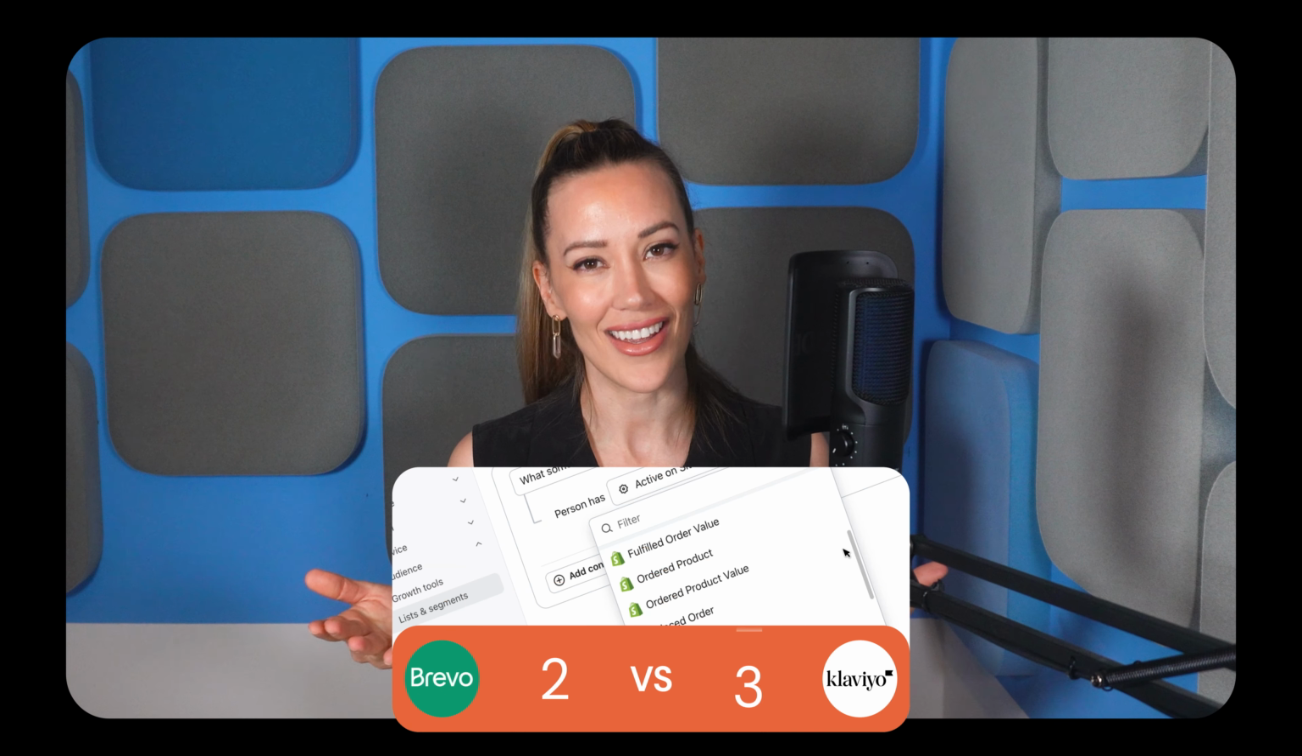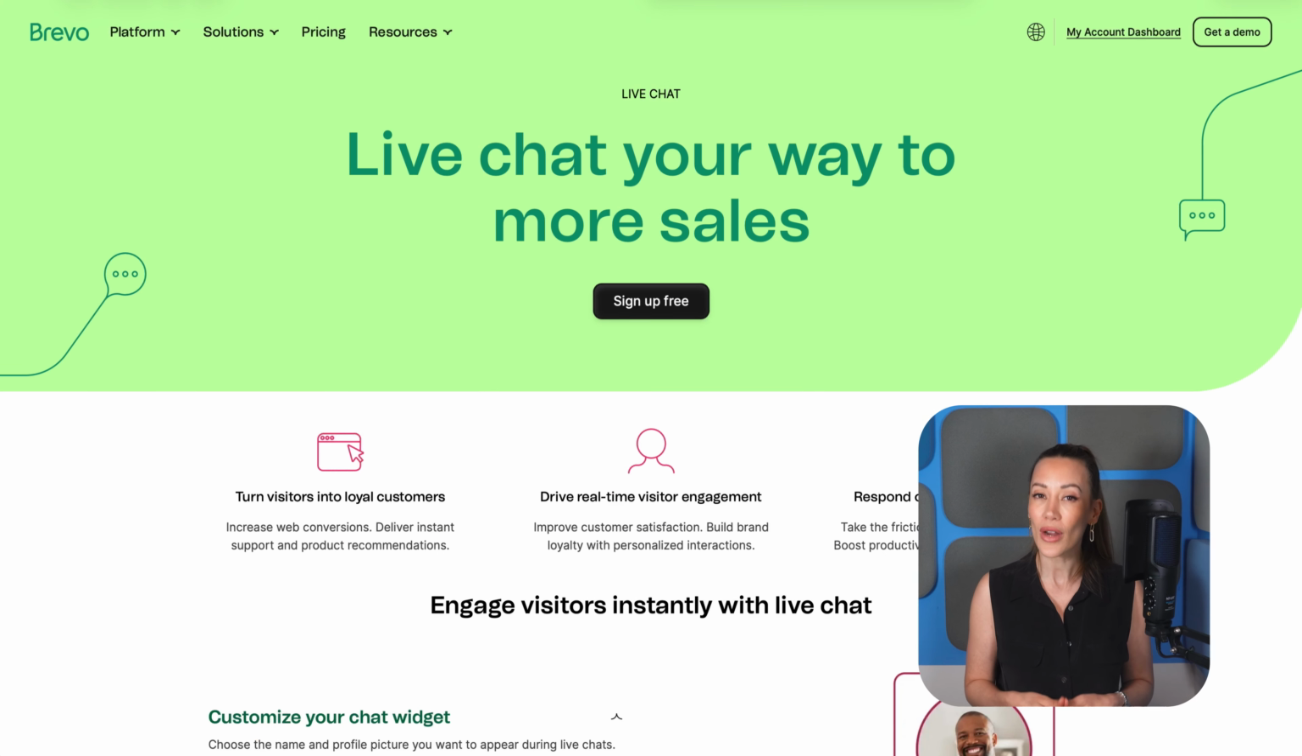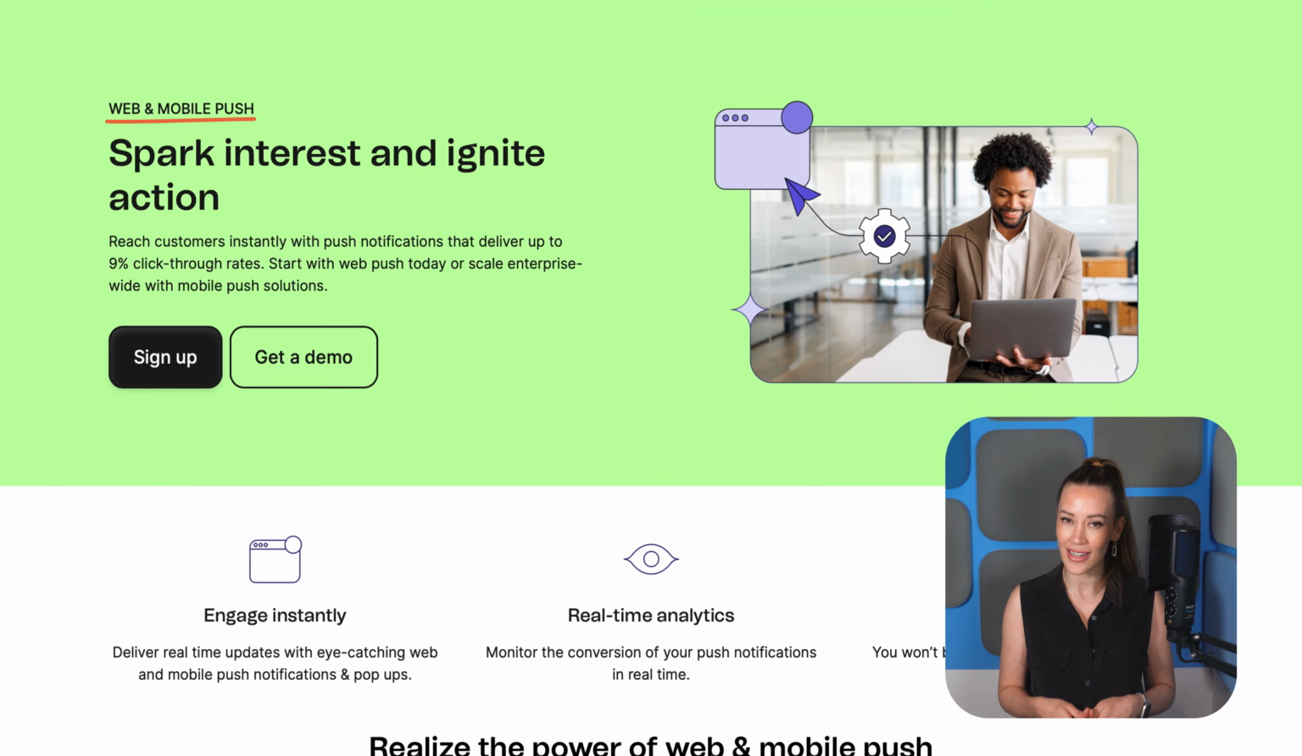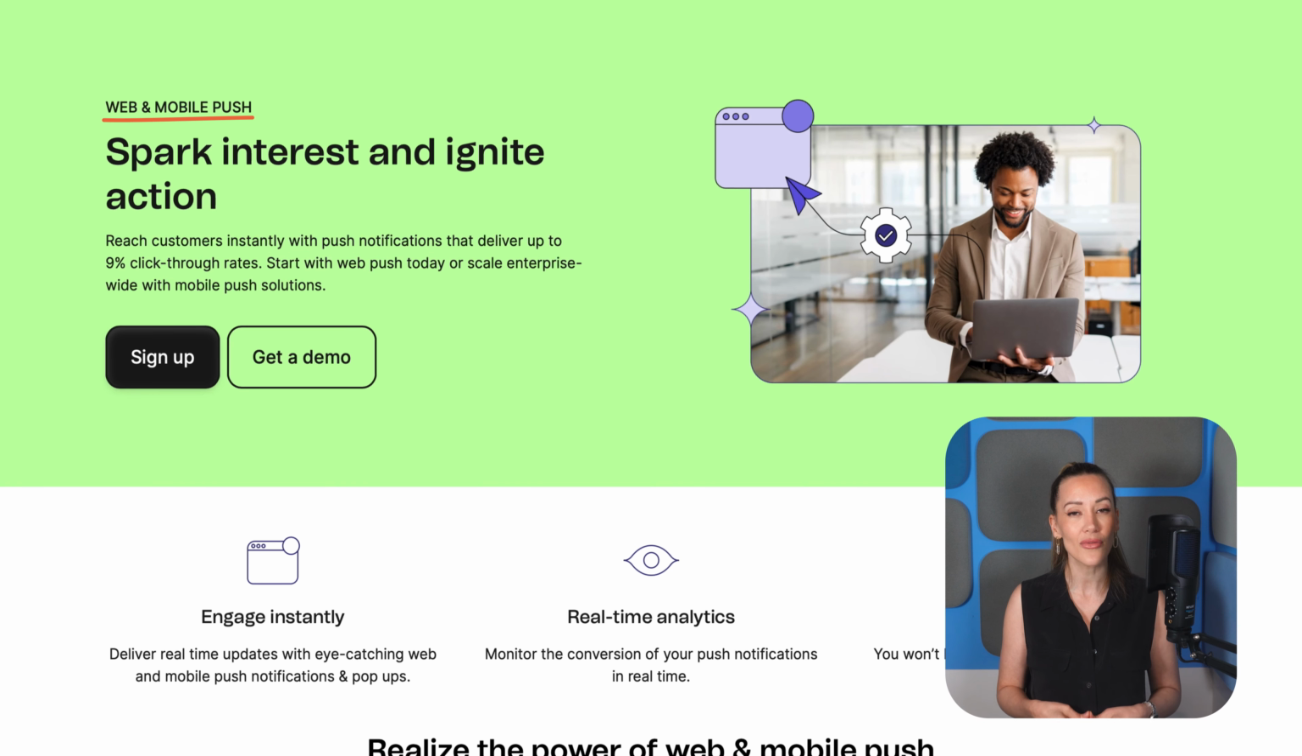This round goes to Klaviyo. Nowadays, email marketing alone is rarely enough to make things happen. So not surprisingly, both Brevo and Klaviyo go even further. Both platforms support SMS, email, WhatsApp, and mobile push notifications. But only Brevo includes live chat and web push notifications, making it a strong option for managing several communication channels